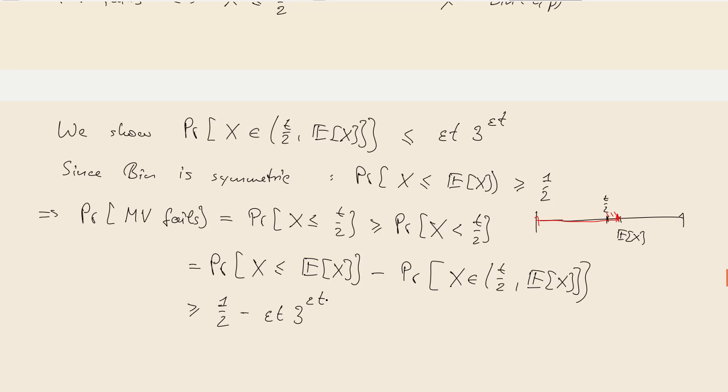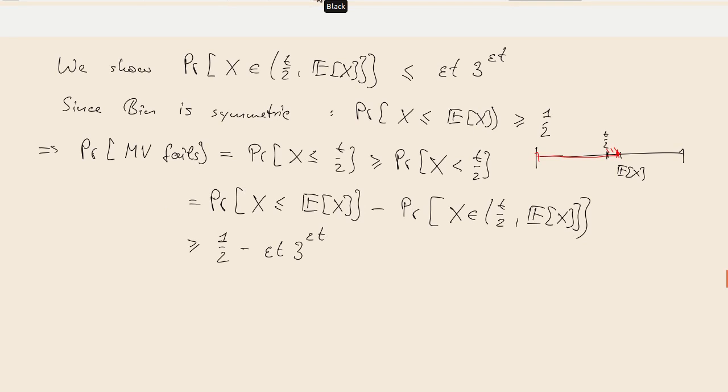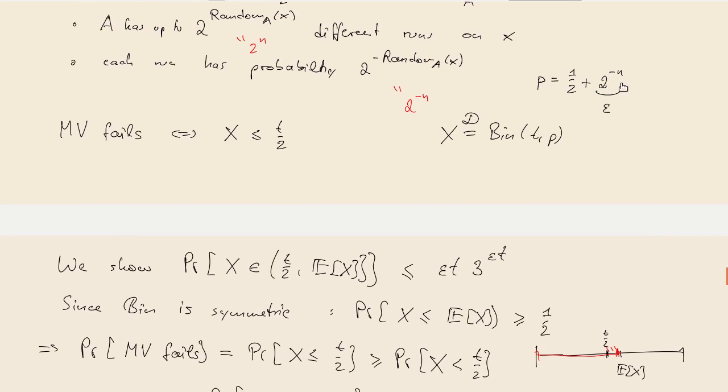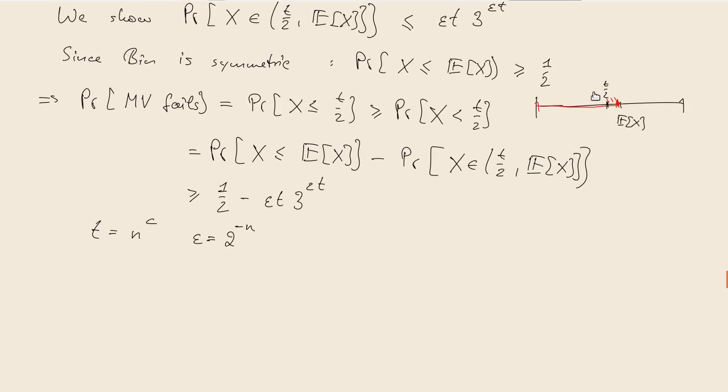And we find this lower bound for the failure probability. If we just insert the values, so we say we take n to the c repetitions, and the worst case epsilon was just one run more than the failing ones is accepting, so that was exactly what we had here. The probability for a single run to succeed is just a tiny bit over 1/2. And with these two numbers, you see that